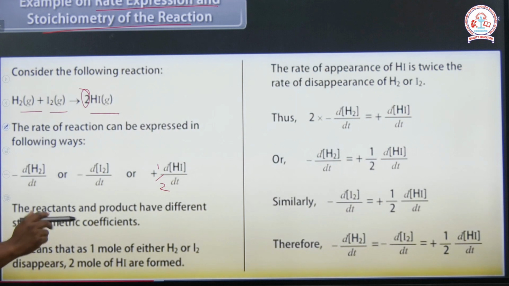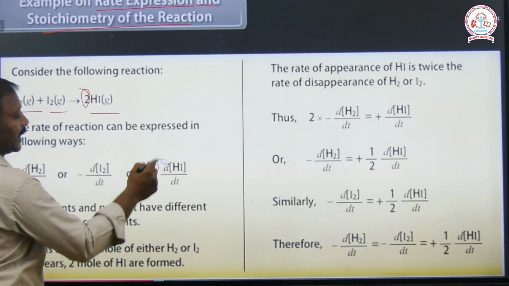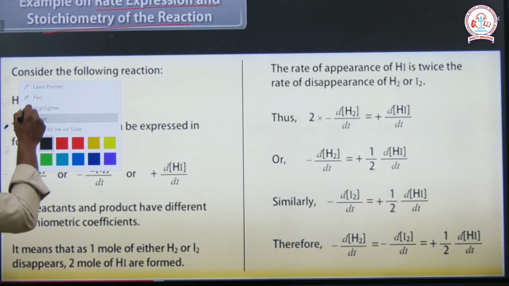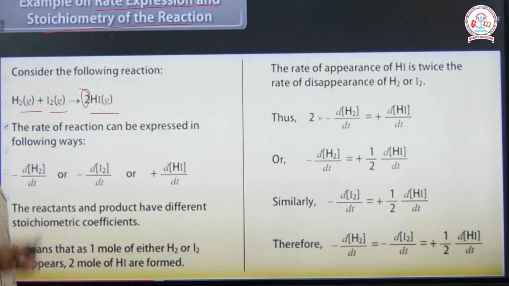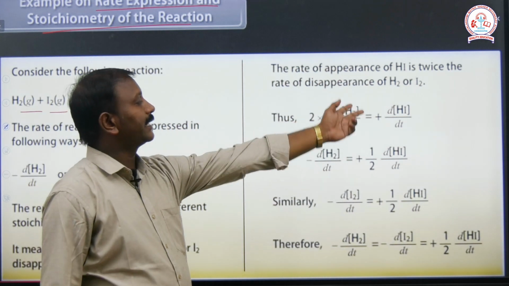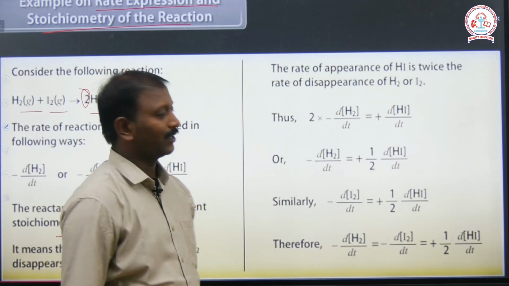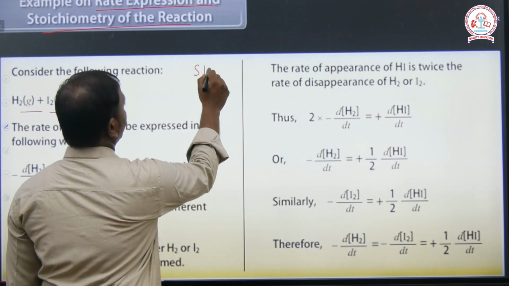So that is the relative number of moles. For 2 moles we are not taking 2, we are taking only 1 mole. So we write the relative rate expression, and these values become equivalent. You see the reactants and products have stoichiometric coefficients. It means 1 mole of H2 and I2 disappears and 2 moles of hydrogen iodide are formed. The rate of appearance of hydrogen iodide is twice the rate of disappearance of H2 and I2. Simply, in stoichiometry we say